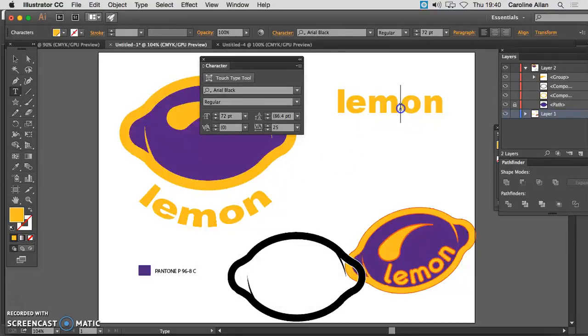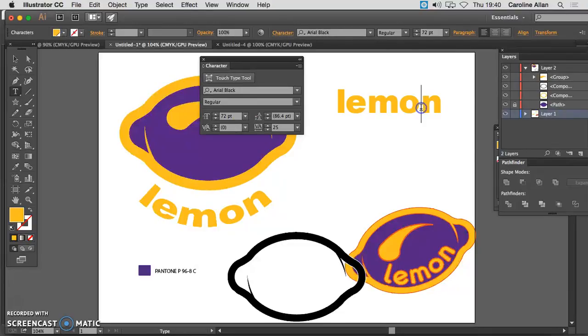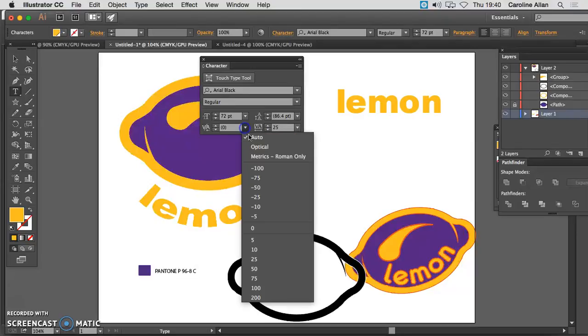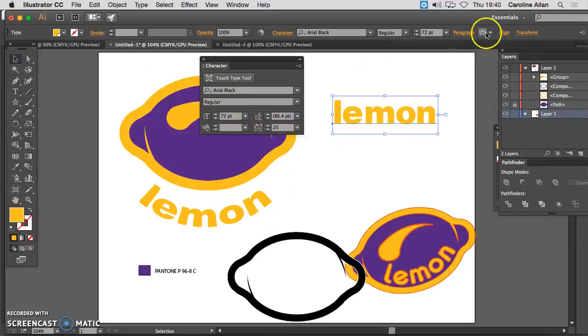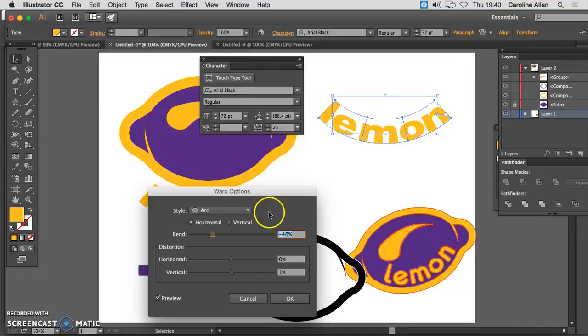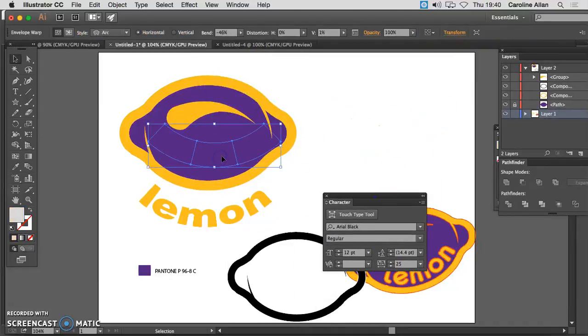So if there were specific spaces that just didn't look right, I can come in and just bring them together. Oops. Okay, now I've made a right old mess of that. Let's warp it. And then that's going to come in